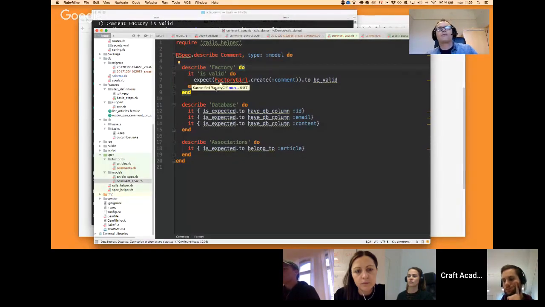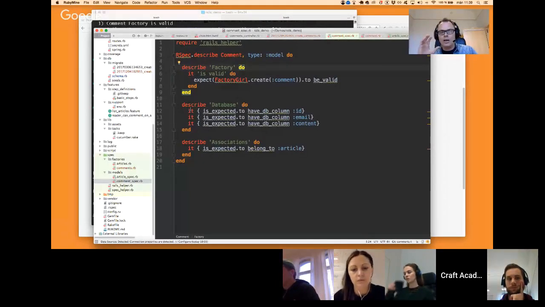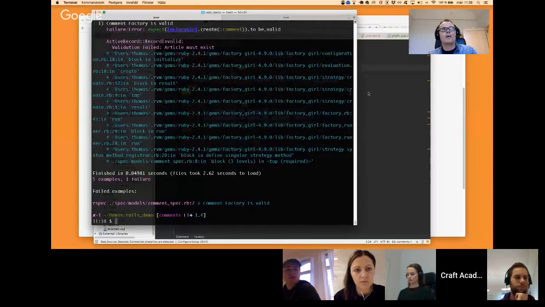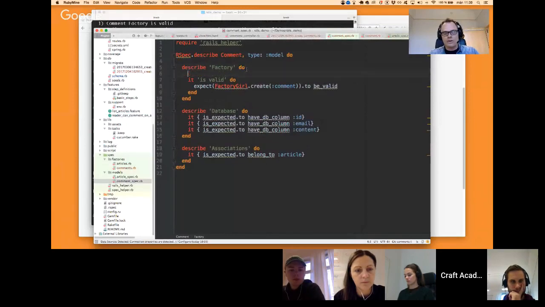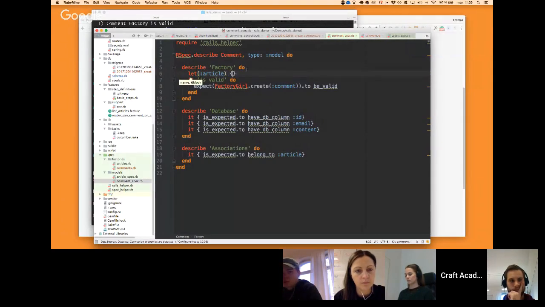Okay. Right. So the problem here is that we have a belongs to association, and a comment needs to be part of, it needs to belong to an article. You understand? And we're not creating that. So we would need to do something like this. We need to do let article, right? We need to create an article and then say just factory bot create article,